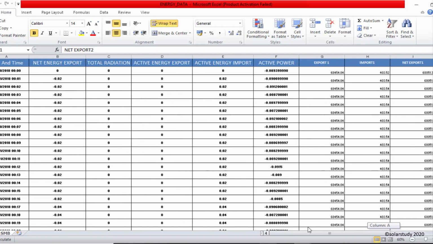So in this power plant we can see that there are many grid systems. Some small power plants, like a 10 megawatt power plant, contain a single grid, and it is directly distributed. And very big power plants, like 50 megawatt or 100 megawatt, have different sections of grid, which may be called a small grid or microgrid, that kind of system. So at that time there will be different types of energy exports. So here you can see all the exports.